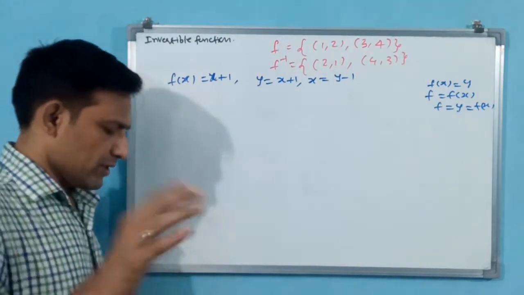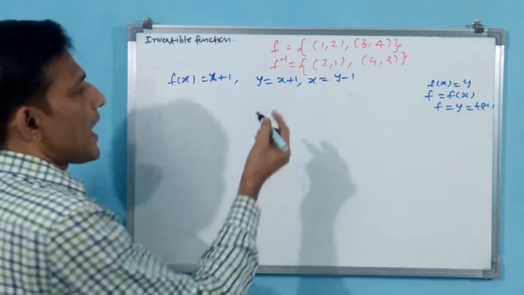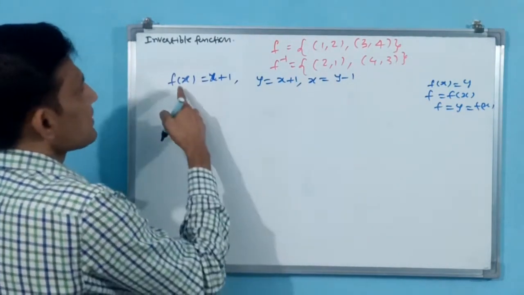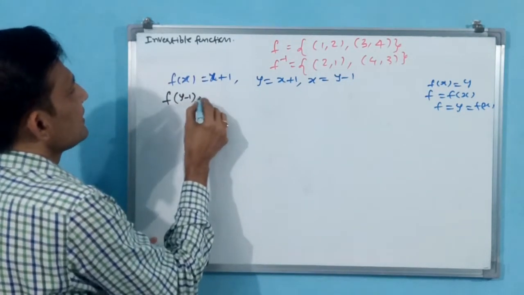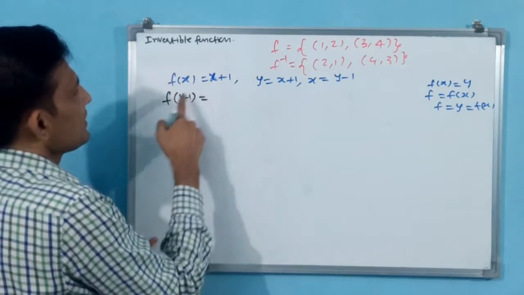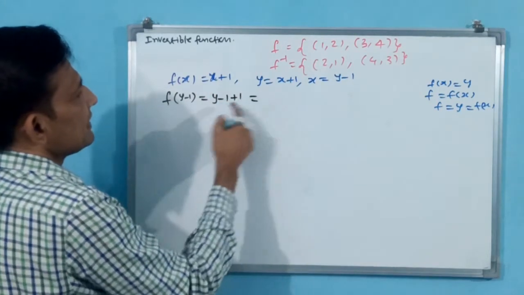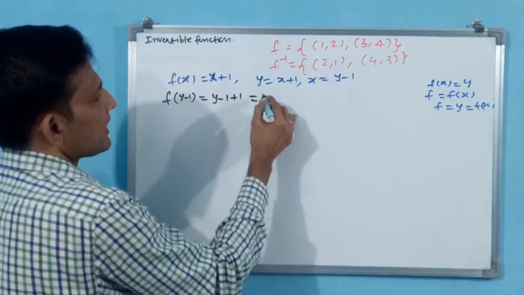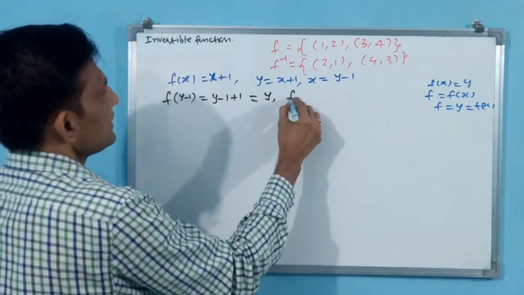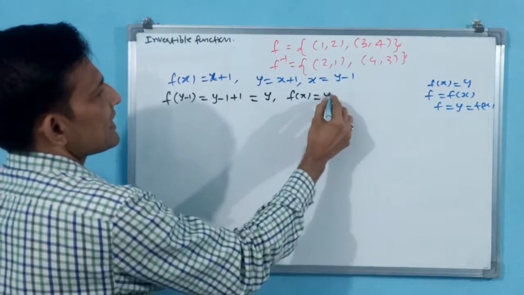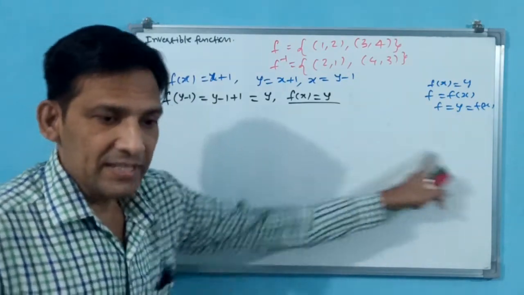Now you see what is going to happen. Earlier we were substituting this x, x is equal to y minus 1, in f of x. If f of x is equal to x plus 1, then in place of x, you have to write y minus 1 plus 1. Then plus 1 minus 1 is going to be cancelled, and y is going to come. Finally y minus 1 is x, then f of x is equal to y has come. If it comes like this, then we were telling this is onto.